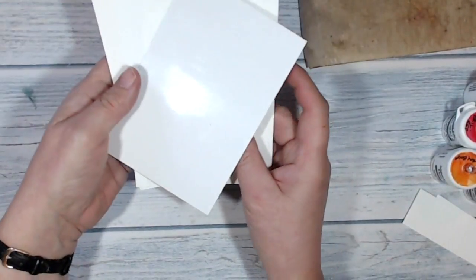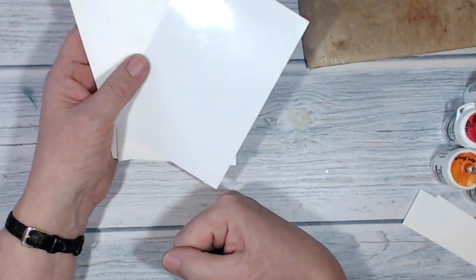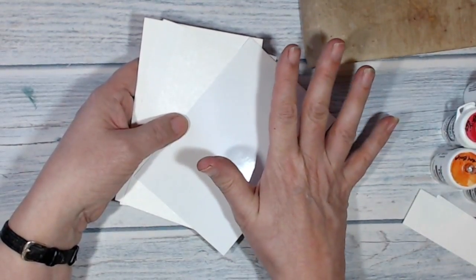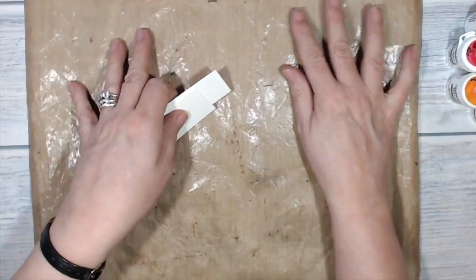I've got another kind of card which I haven't tried Brushos with, but I'm going to give that a go today, and that is a glossy white card. Now I haven't tried Brushos on this. It may all go horribly wrong. We'll find out together. So I've got a couple of scraps of watercolour paper,